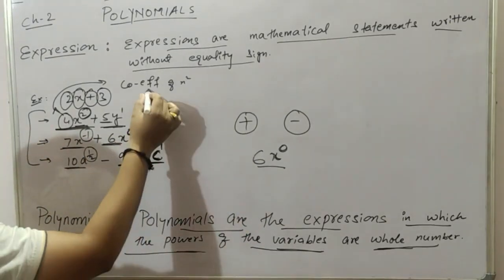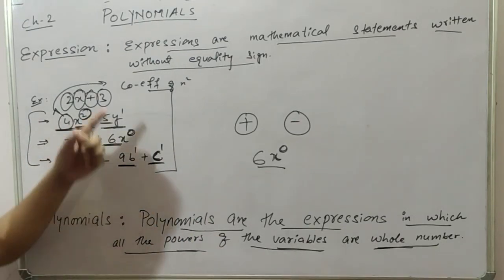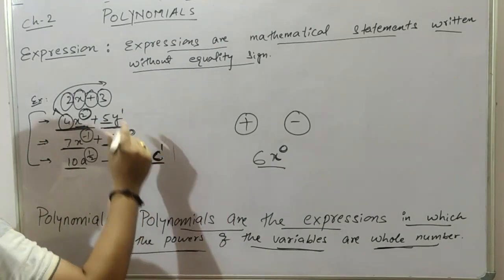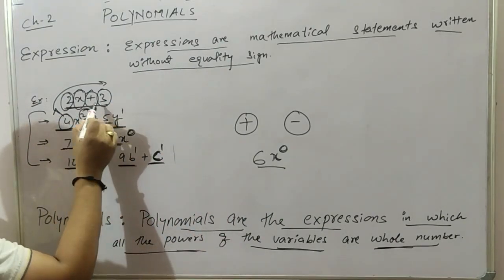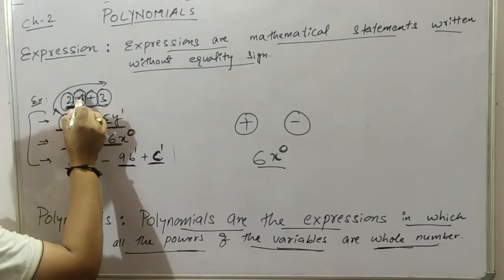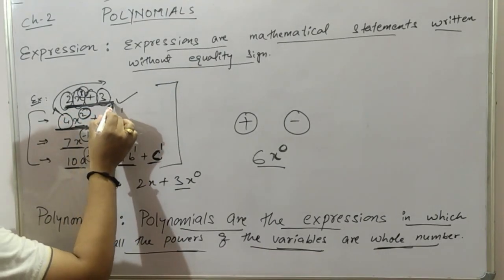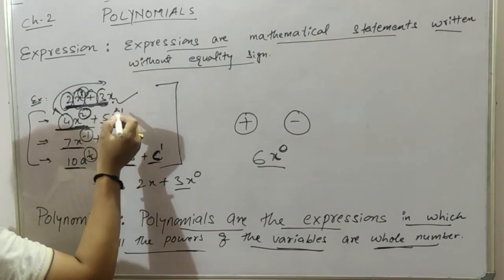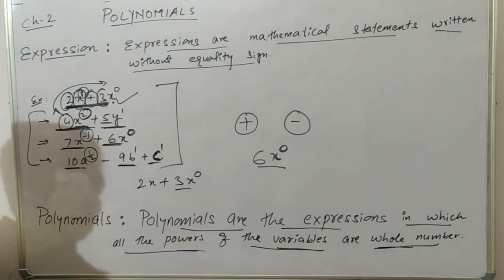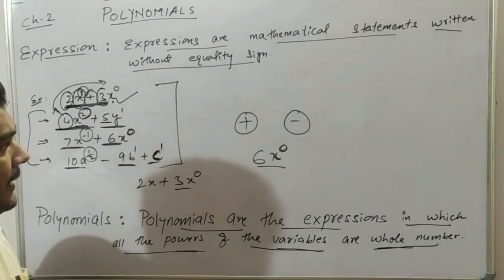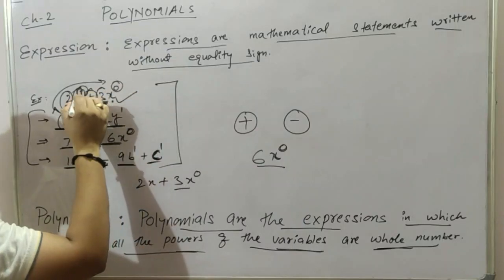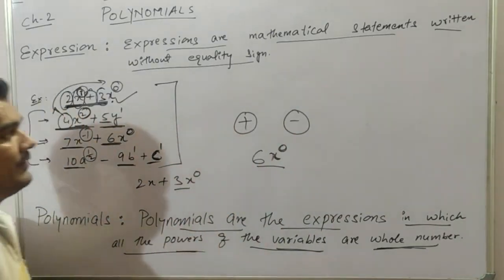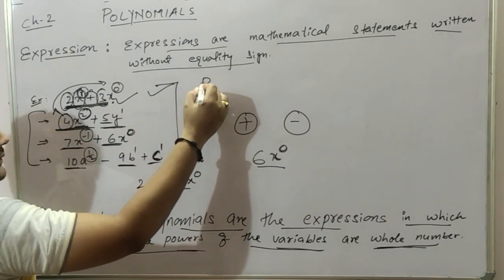So let us check from these examples whether all are polynomials or not. Now check the first one. Here in this example, the power of the first term is nothing but 1. The next term is a constant, and we know that a constant has no variable, so you can write x raised to power 0, because a constant has 0 as its power. So 0 and 1 are the powers, and both are whole numbers, and if the powers are whole numbers, then we will consider that expression a polynomial, right?